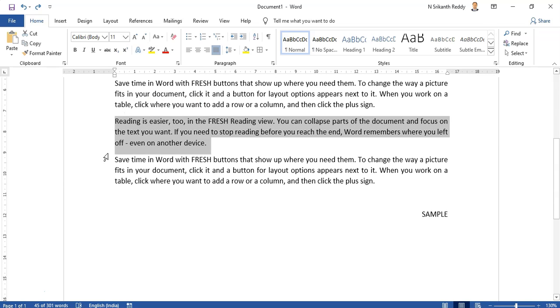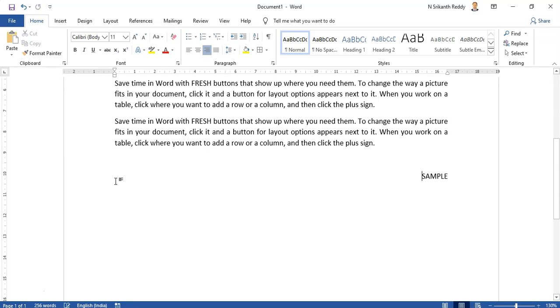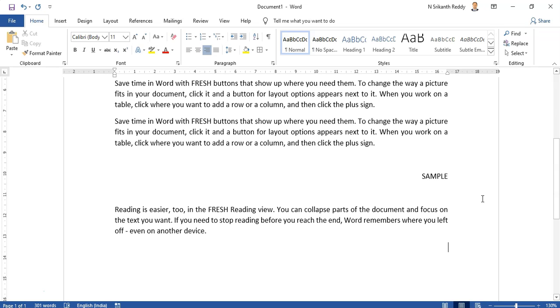Otherwise, if you cannot drag like that and move, the next thing you can do is select the text, Control X, wherever you want to move it, go there, click your cursor there. For example, here I want to paste it, click the cursor there and press Control V. It is pasted. So Control X will actually cut.